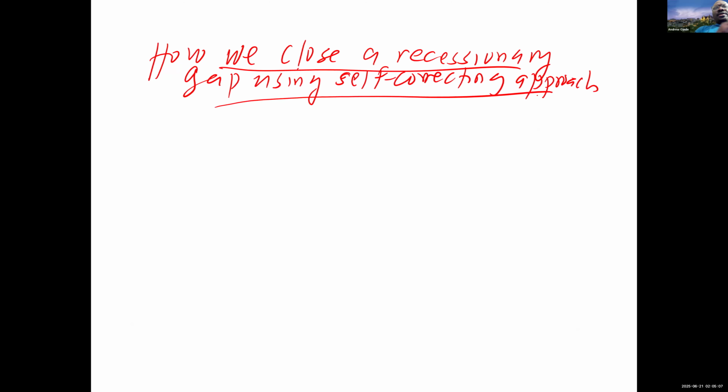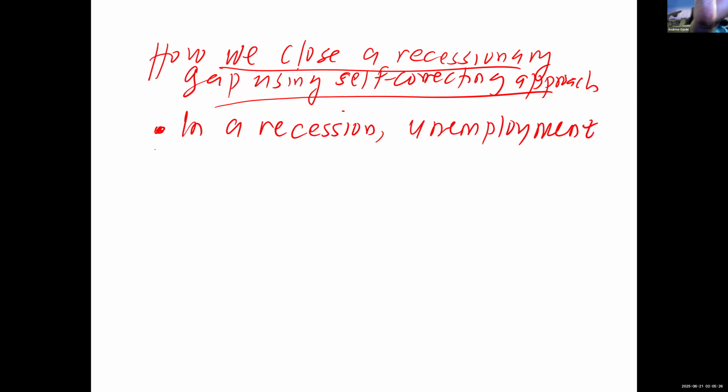Okay. So these economists believe that in a recession, this is how the economy is going to adjust itself back to full employment. So in a recession, unemployment is high, but we know that is true. Unemployment rises in a recession. So when unemployment is high in a macroeconomy during a recession, what do you think is going to happen to wages? Wages tend to fall